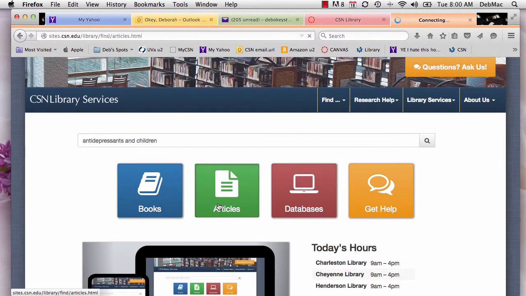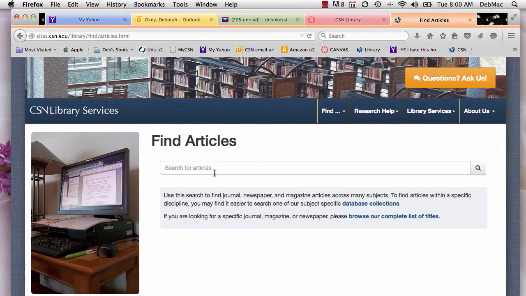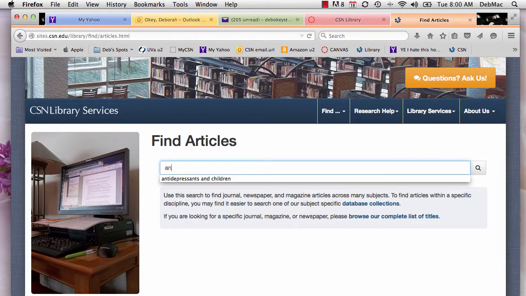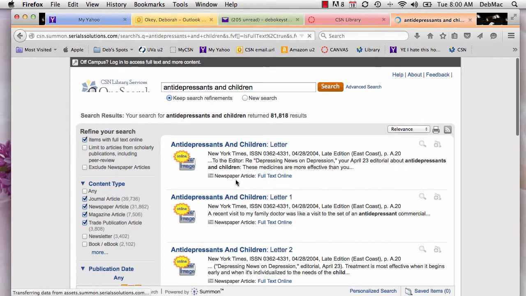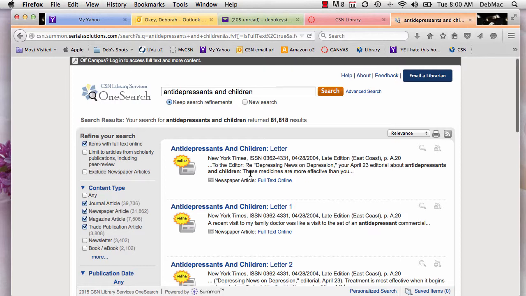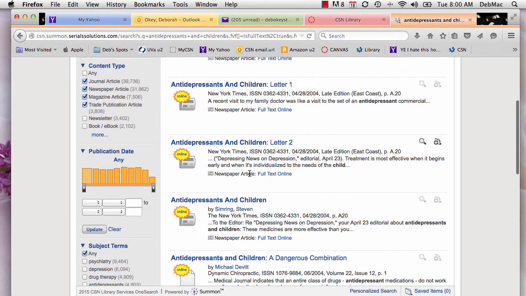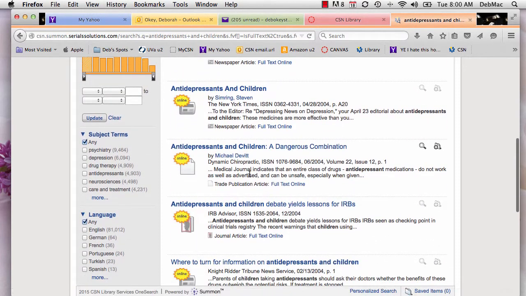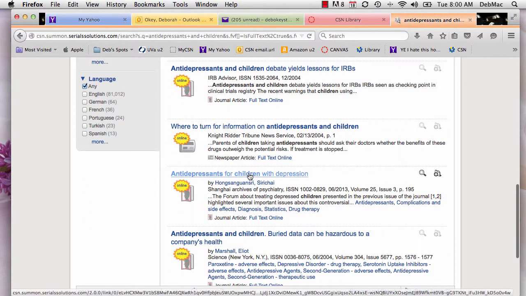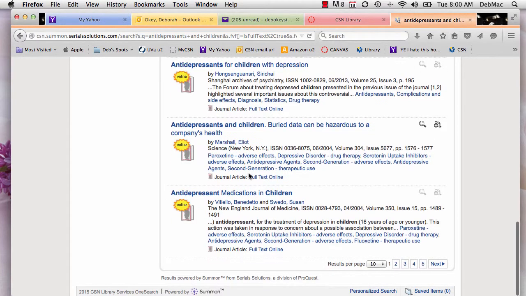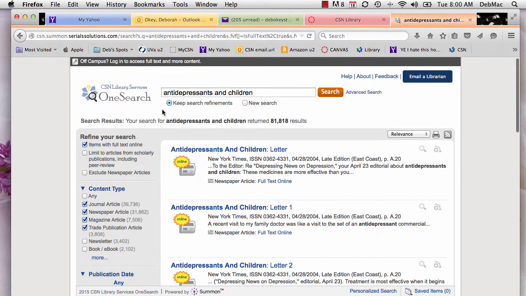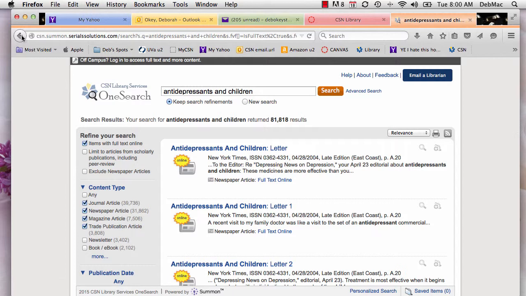Articles would work the same way, of course. And this database will give you mainly newspaper and magazine articles, which are good sources. They're probably easier to read than the academic journals, so it's a good place to get some articles to use. Okay. But